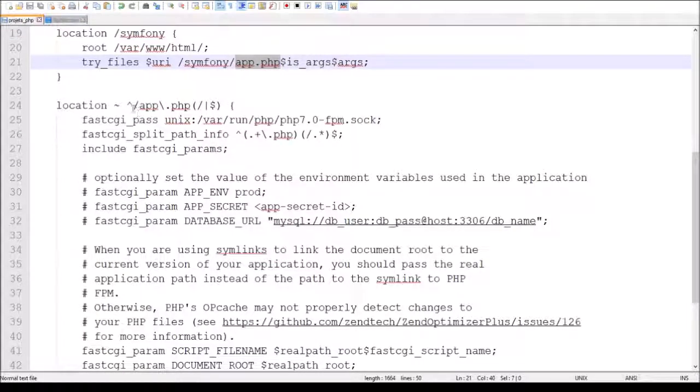So we say that if the path contains the app.php file, which is the only file that's called app on my web server, we treat it as a PHP file, and then we split the path so that the app.php file runs with the URL parameters of the root of Symfony.